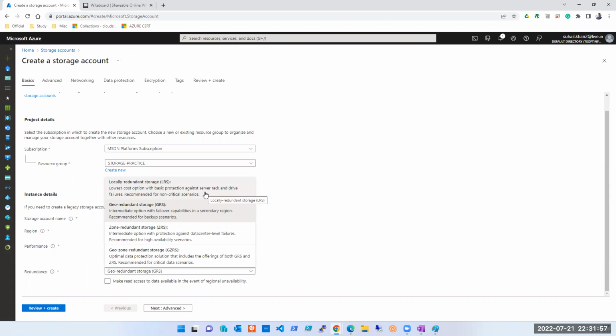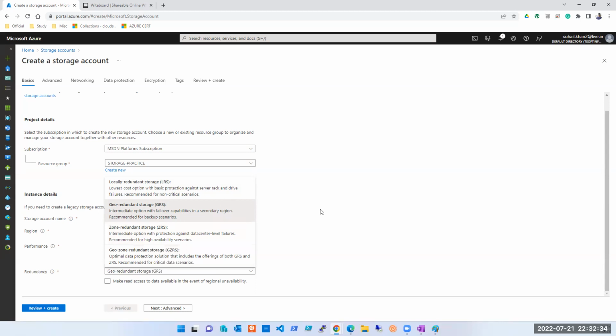अपने आप में यहाँ पर काफी बोलता है, मतलब ये चीज आप interview में बोल दोगे तो उस interviewer को समझ में आ जाएगा कि आपका approach ठीक है. Then GRS, it is an intermediate option with failover capabilities in a secondary region. ठीक है, इसका क्या मतलब है यहाँ पर कि region level पे भी ये आपका redundancy आपको देगा. Then ZRS we have already read. ZRS is zone redundant storage, मतलब कोई ऐसा region जिसमें multiple zones हैं, वहां पर आपको zone redundancy देगा. GZRS हम लोगों ने ये already देखा है.